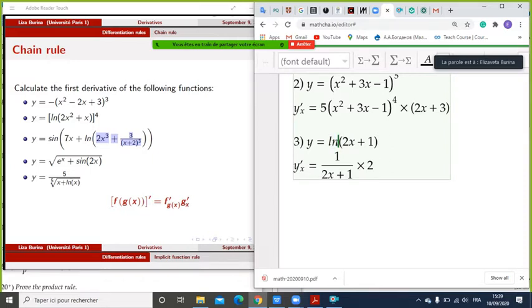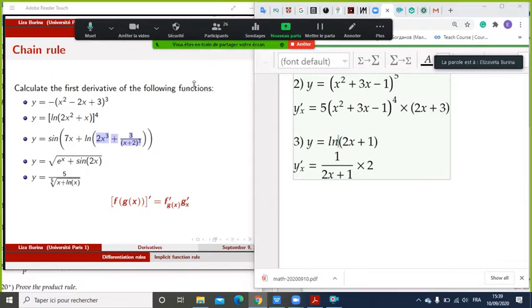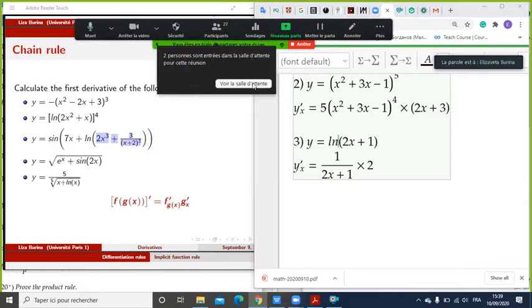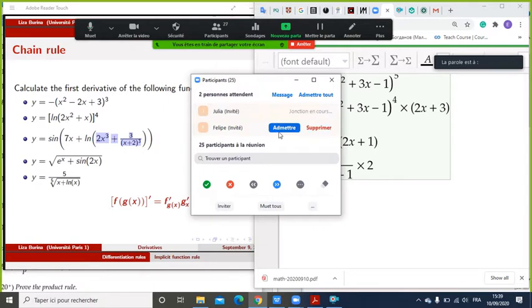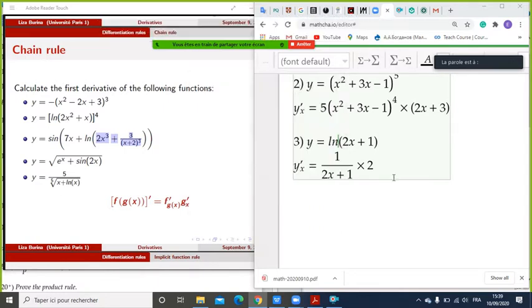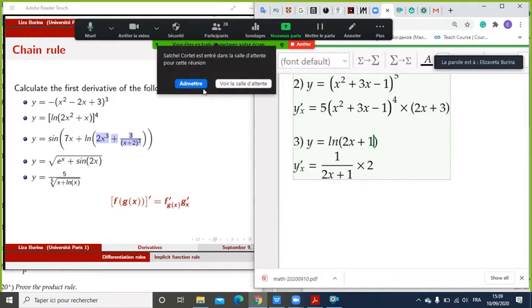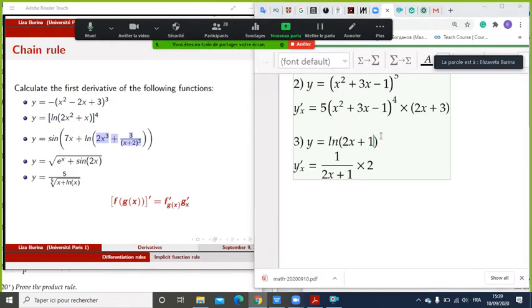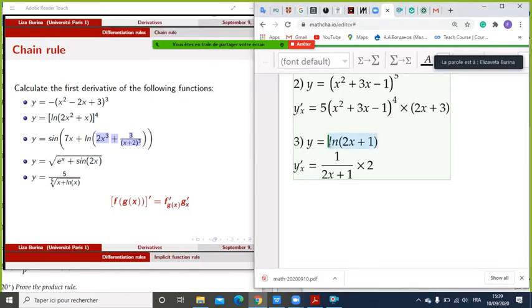So it is like, if you recall yesterday's inverse, we say what happened to x. First, what happened to x was doing 2x plus 1. Second, what happened to this whole thing was taking the log of it. So we start by the last